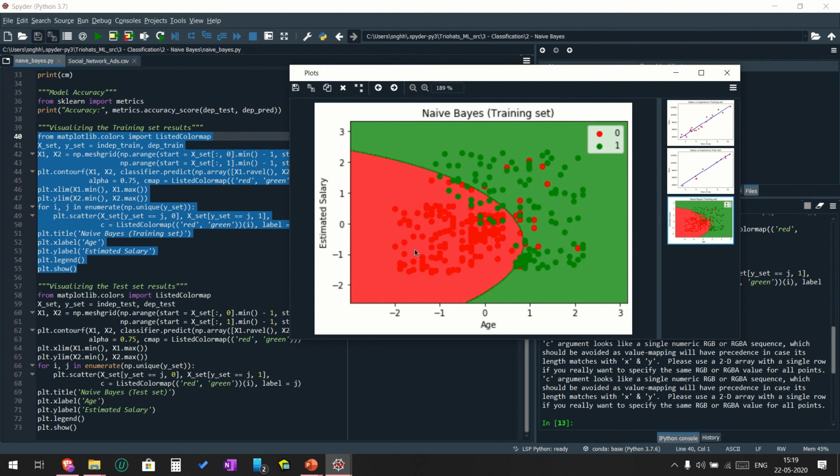So this red region is for those people who the model thinks have not bought the car, and the green region is for those who have bought the car, according to what the model has predicted. And these dots are the real values which we have given to the model. So the red region would have more of the red dots and the green region would have more of the green dots. So this is for the training set.